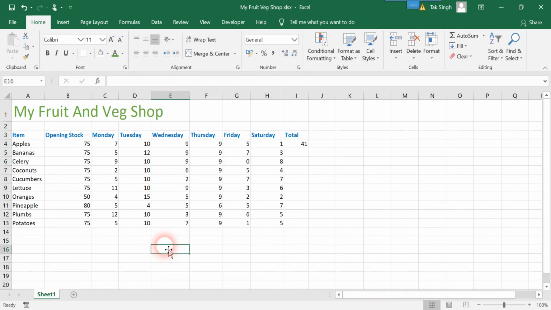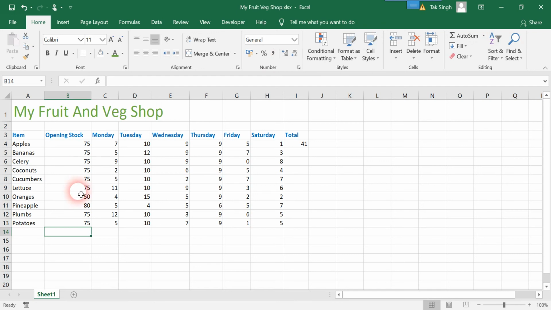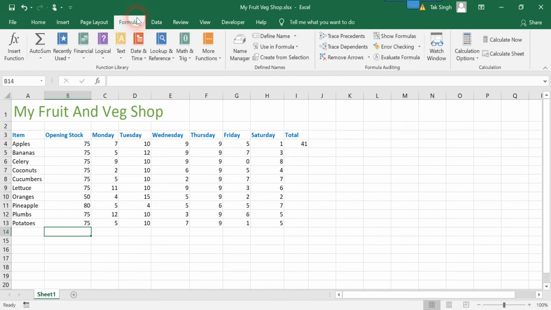And now let's talk about AutoSum. First of all, AutoSum is an Excel built-in function and it works only on columns. To access AutoSum, there are two ways. First, in the Home ribbon, you can access AutoSum from here. I have pointed over the AutoSum button. And the other way is to go into the Formulas ribbon, and the second button is AutoSum. To use it, select the cell in the column where you want to find the total of the data present above in the column.